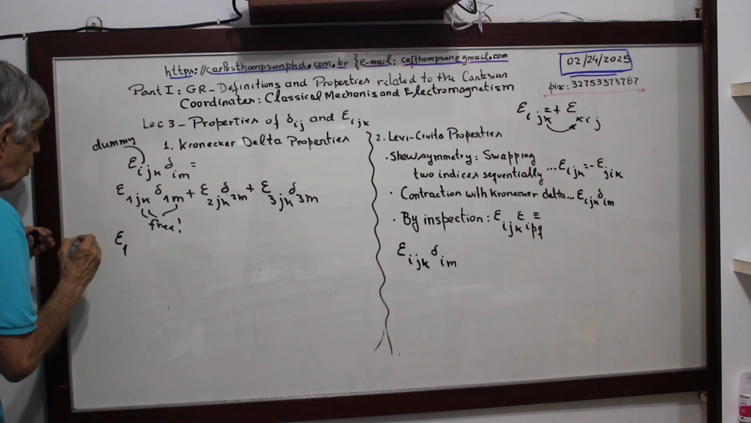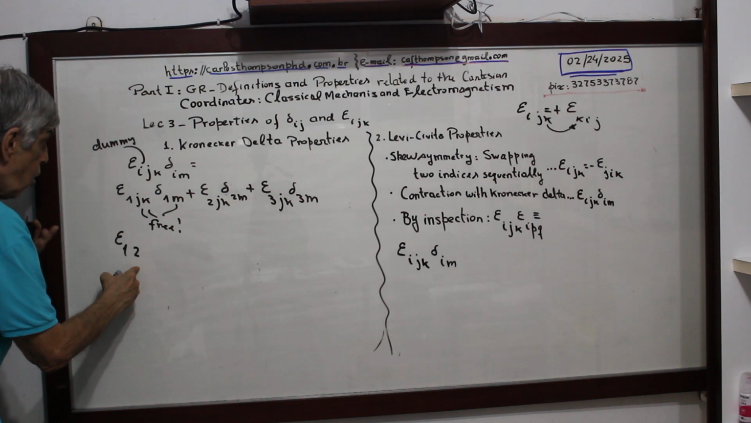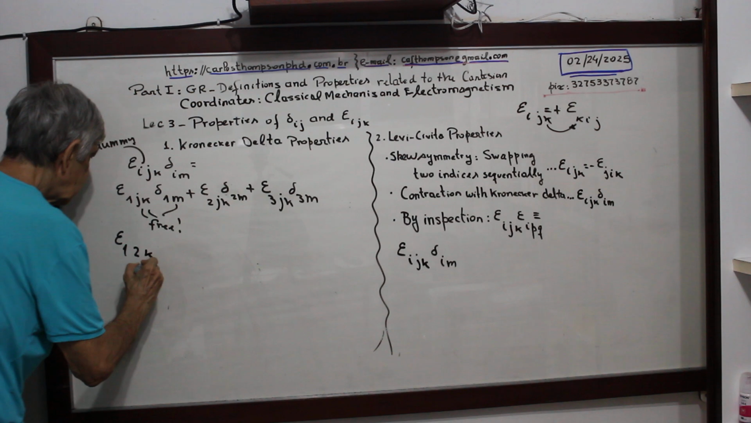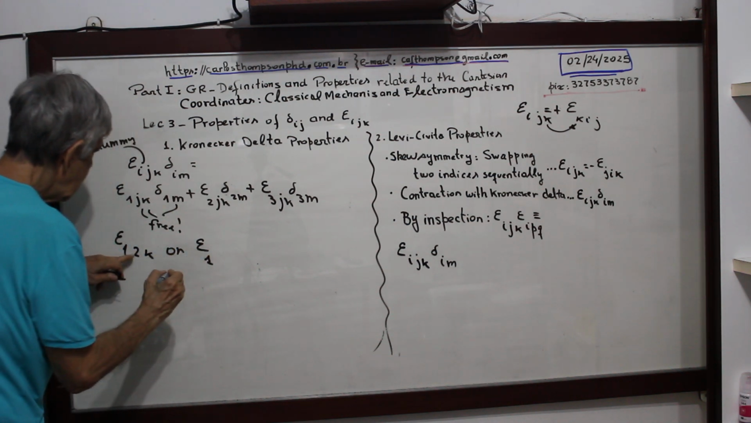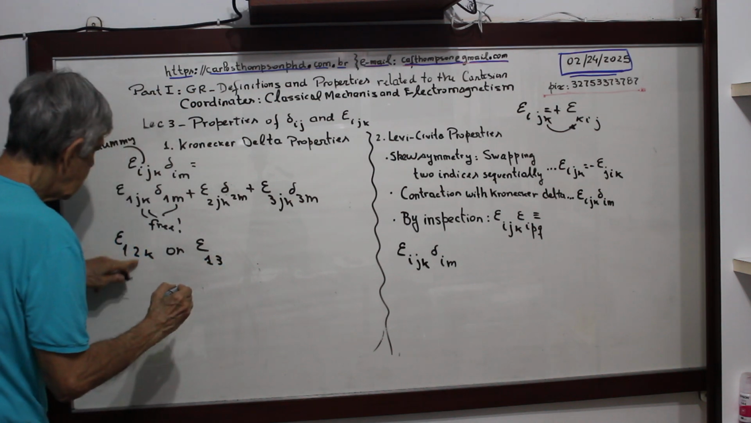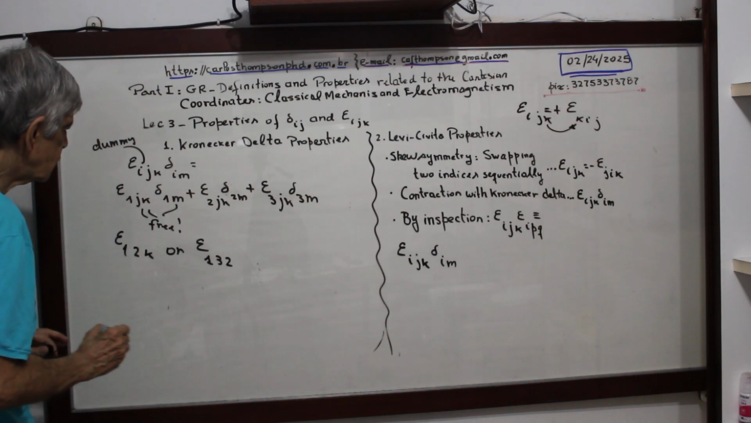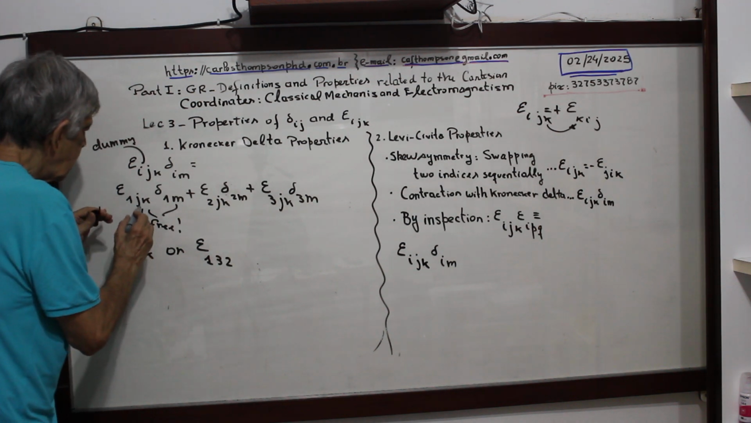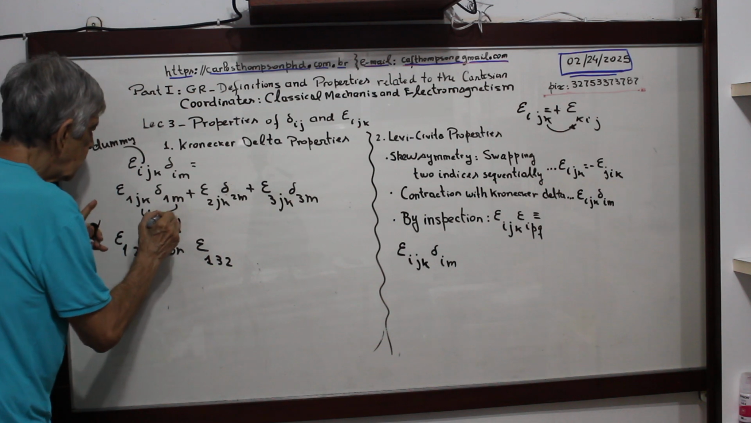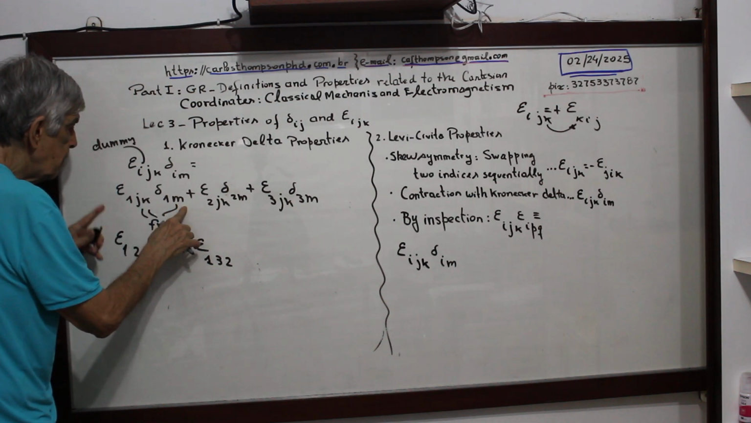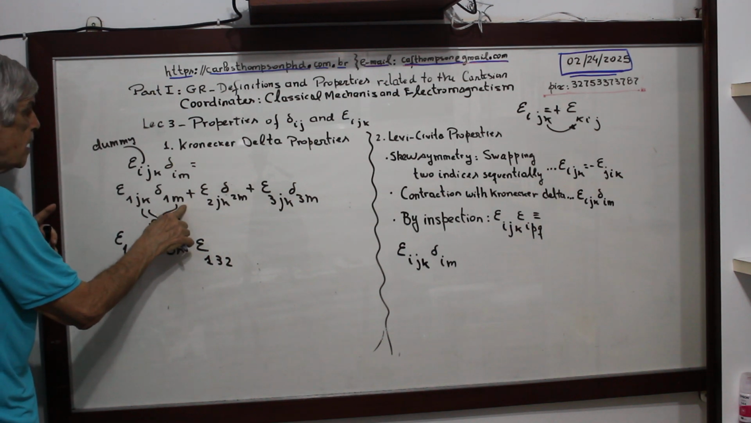So let's look at this. Epsilon 1. What are the possibilities? j must be 2 and k must be 3. Or, look, epsilon 1, now j will be 3 and k must be 2. You see? How is this? Easy to see. Okay? So, epsilon 1jk delta 1m. Attention now. Attention now. Here, m must be 1. Why? Because m is different from 1